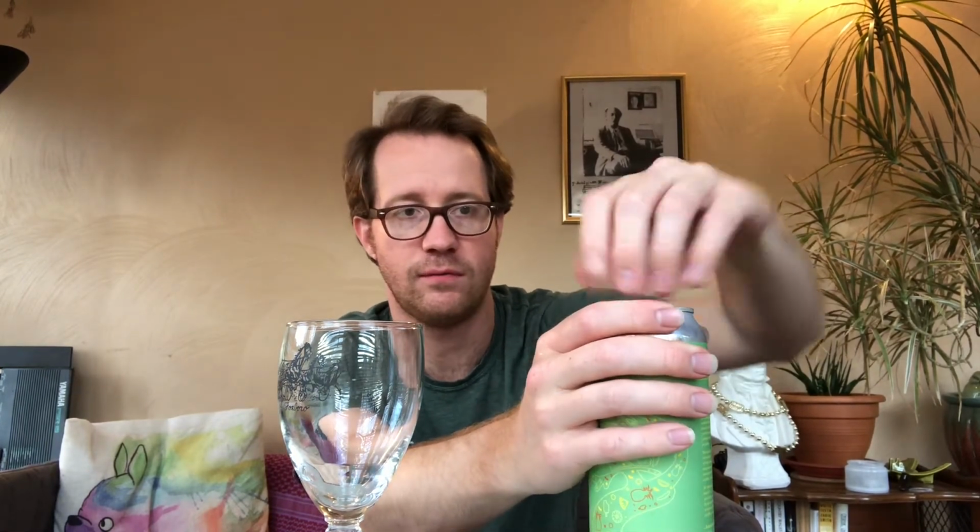8.2%, just like normal Haze. And it's canned the 23rd of June. So right now it's well under a month old. So we'll see. This is one of their small batch fruit IPAs they've been doing that are all versions of their classic beers that are really expensive, and they sell them only in 2-packs,